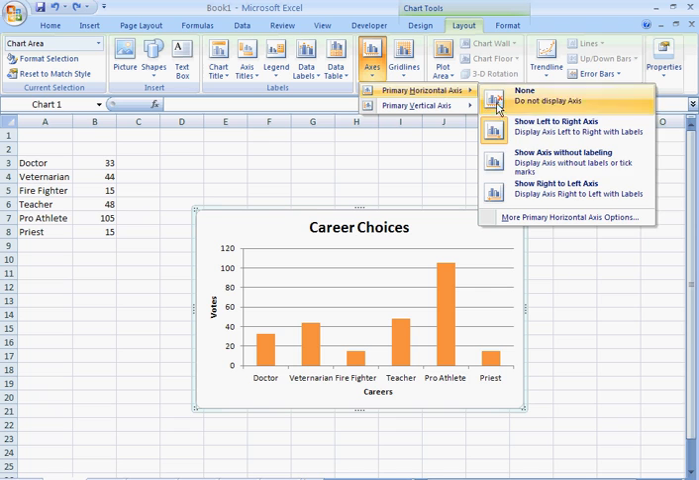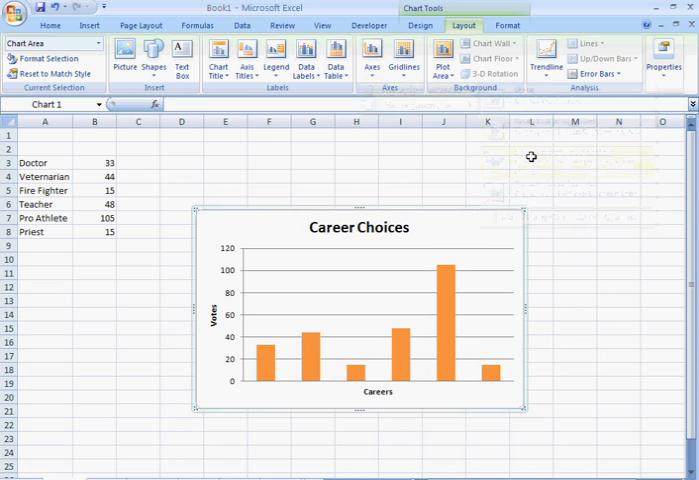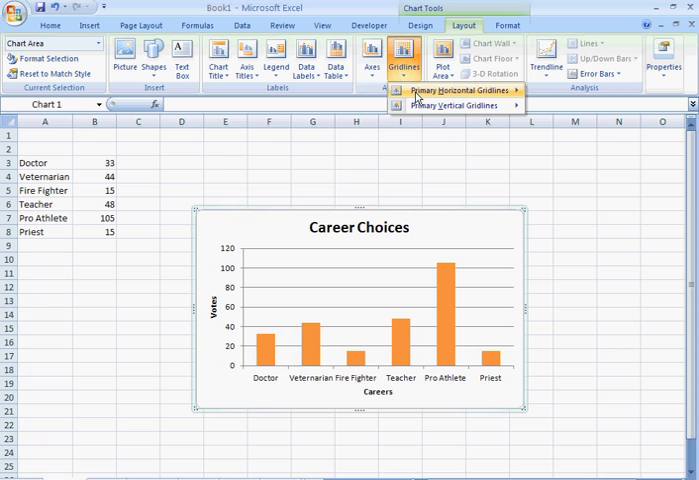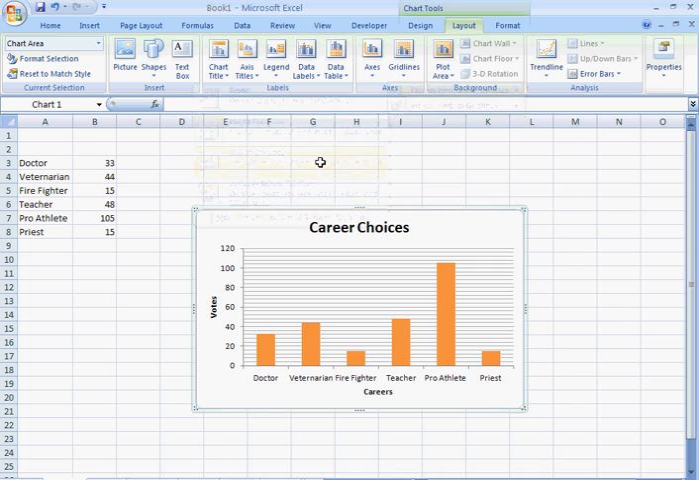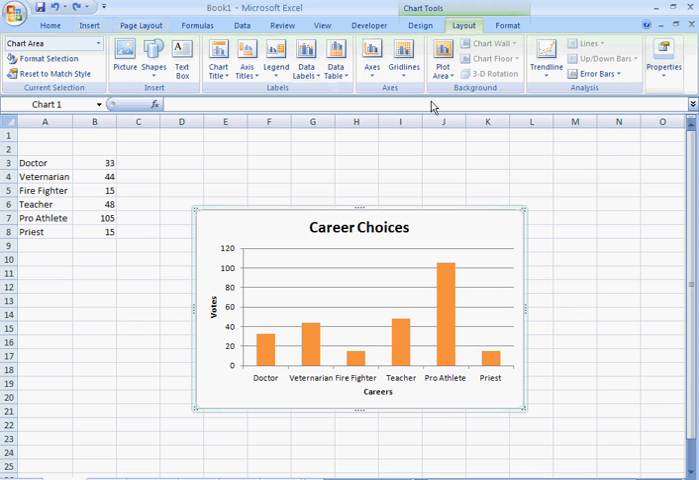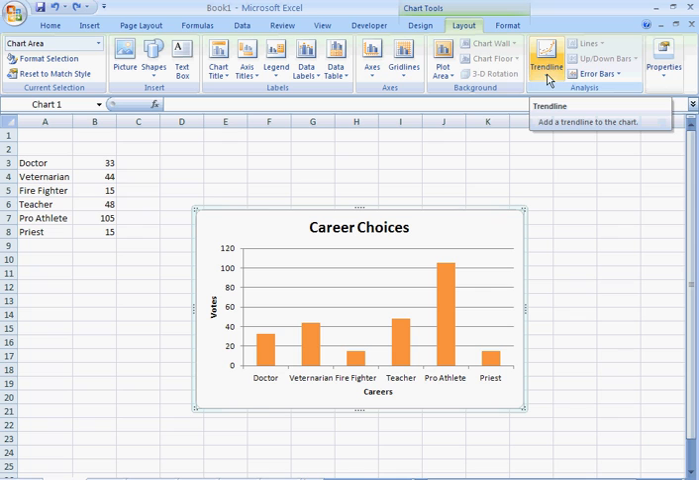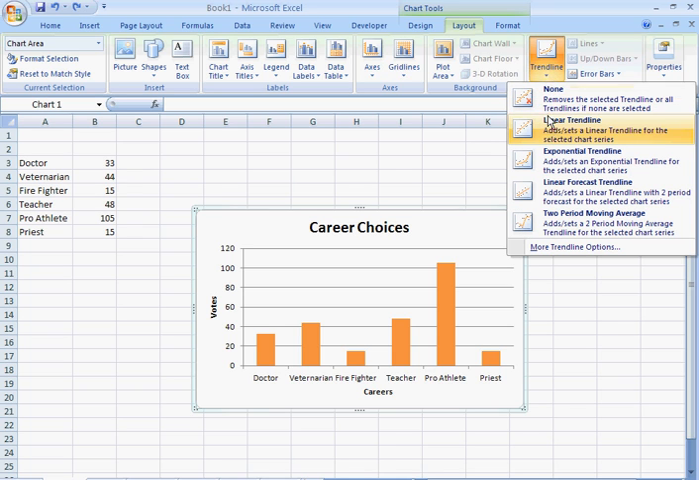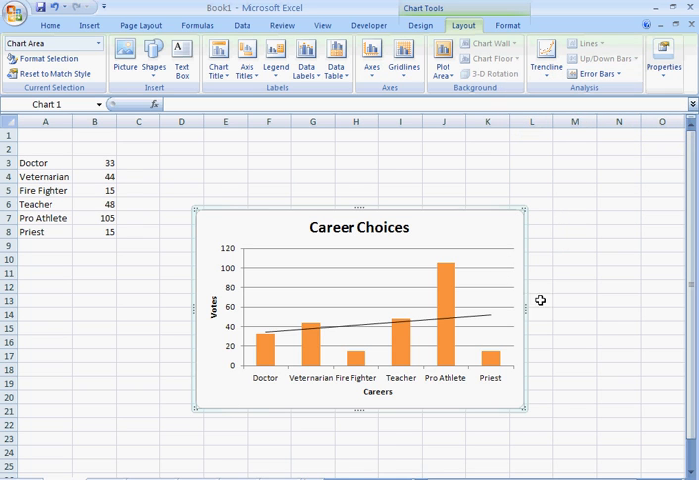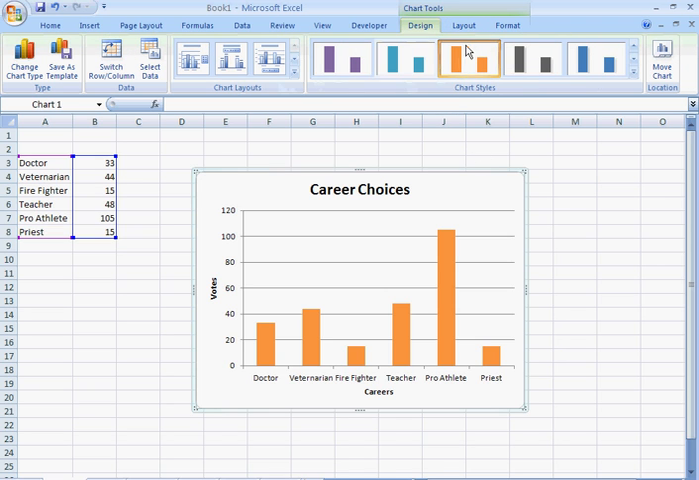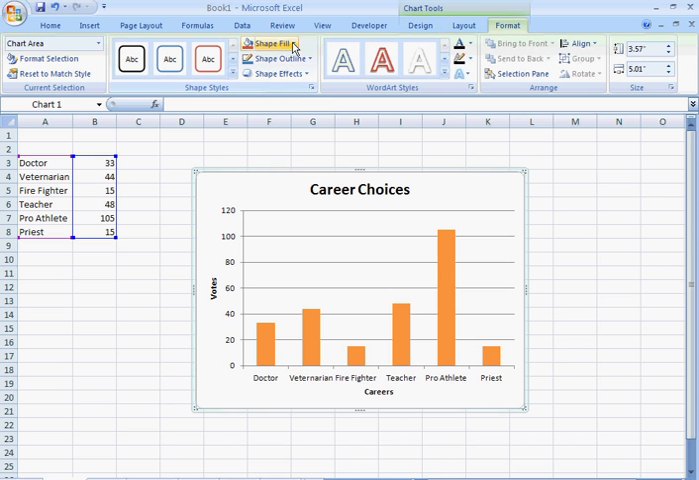My axis, I could do more lines, show without labeling, or show with labeling. I could have additional grid lines, or not. Go back. My plot area can show trend line. If I had a trend, I could do a linear trend, and it shows here. Or take it back. So those are some of the things. Background, if I want a background on that, that's part of my design. Or format, I can find different areas that